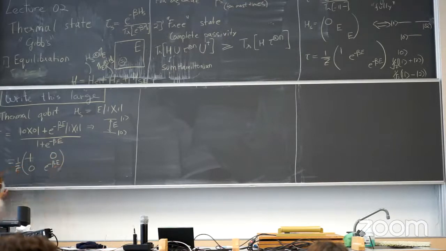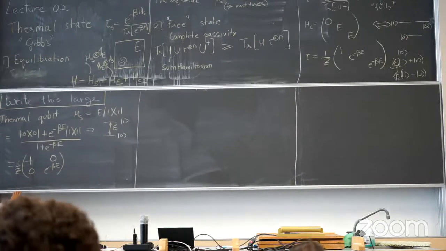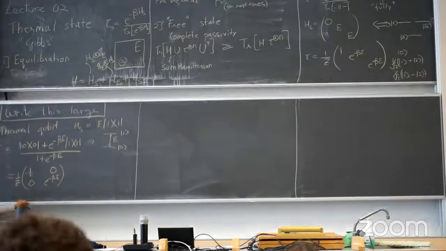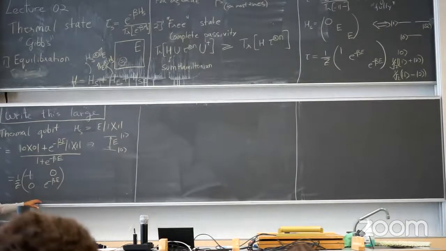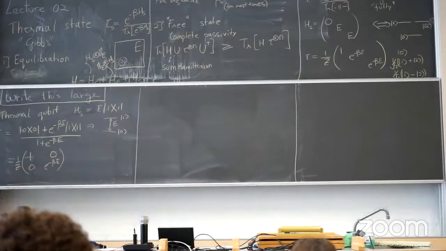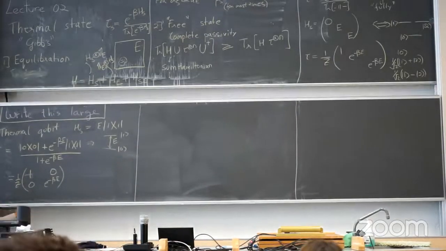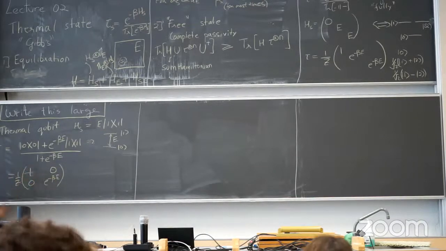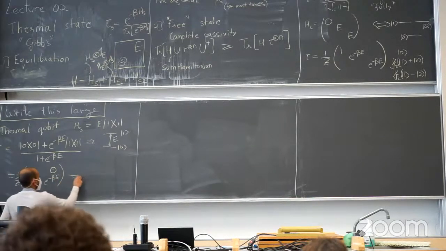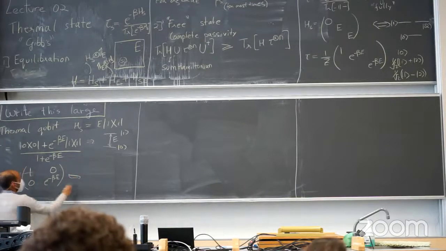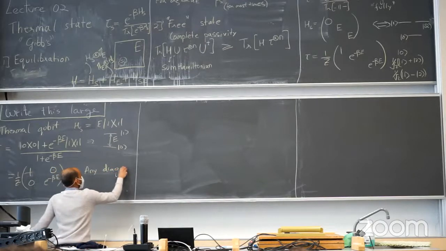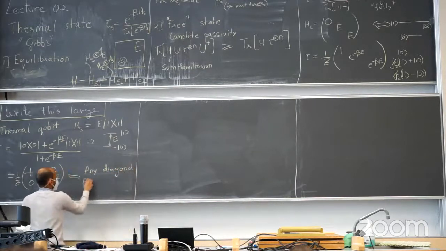And of course, once you put the off diagonal terms to 0, the only degree of freedom is the temperature that determines the ratio between these levels, which also meant, and this was the thing that I said, that any diagonal density matrix rho for a qubit